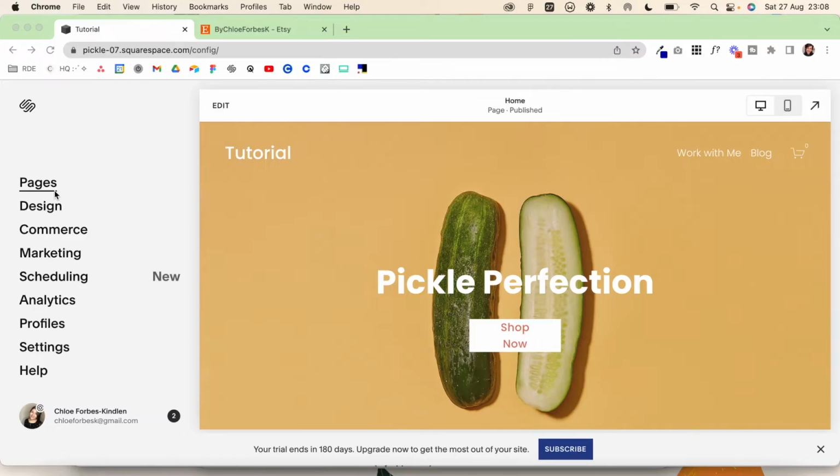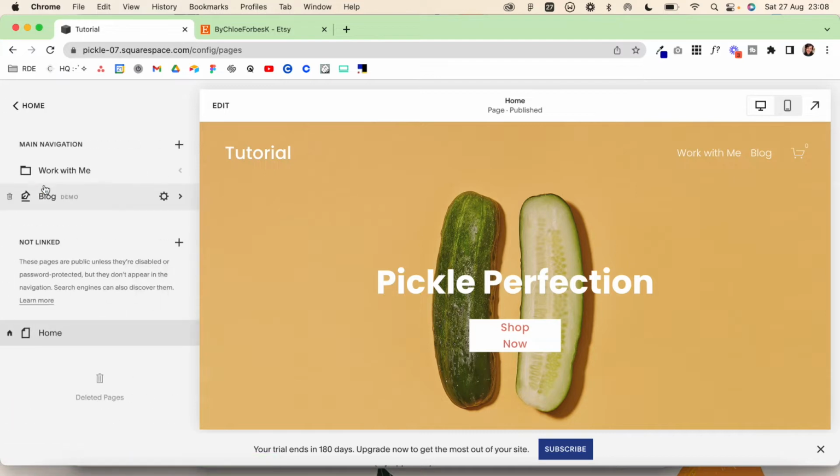In today's video, I'm going to show you how you can import your Etsy products and reviews into Squarespace. Now, this is particularly useful if you already have an established Etsy store. So what we're going to do is come into the back end of our website, select Pages, and then if